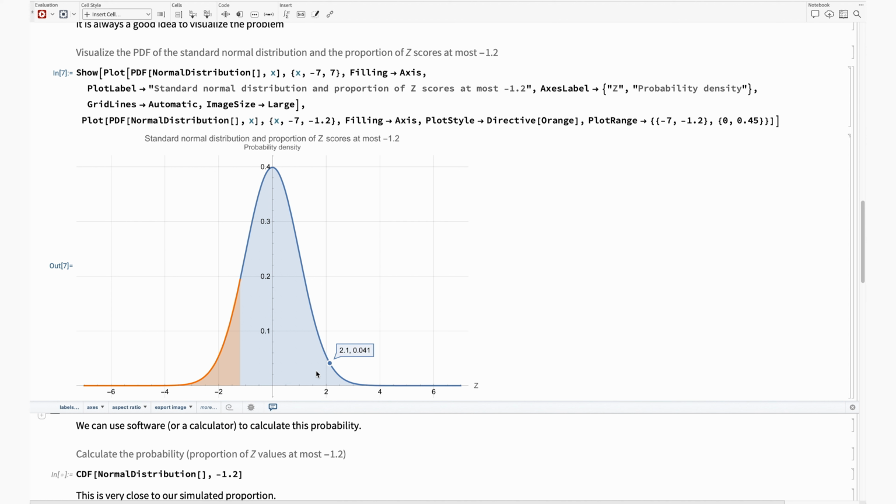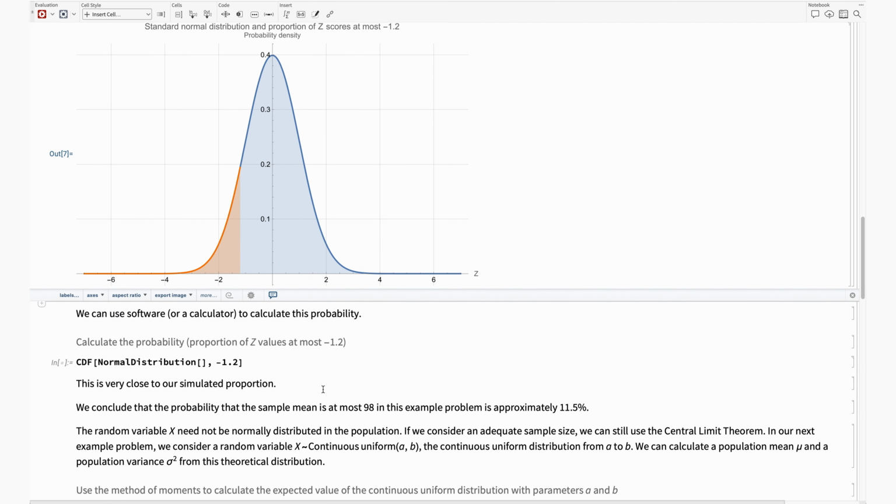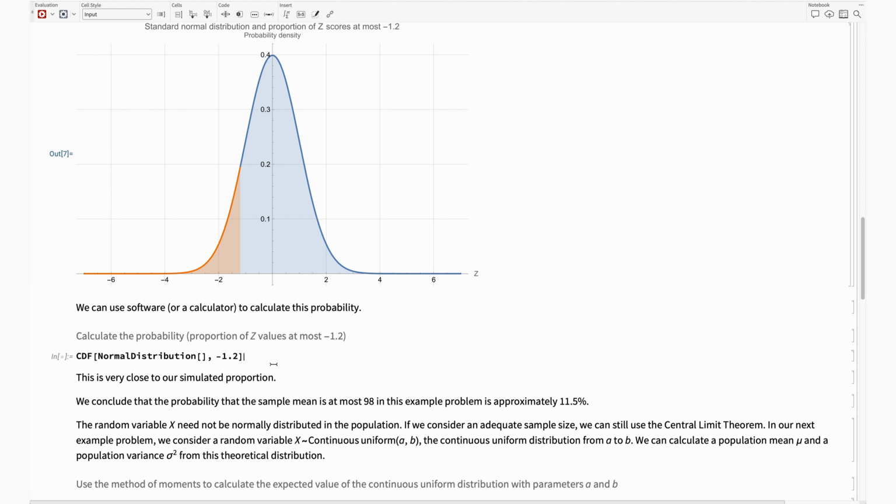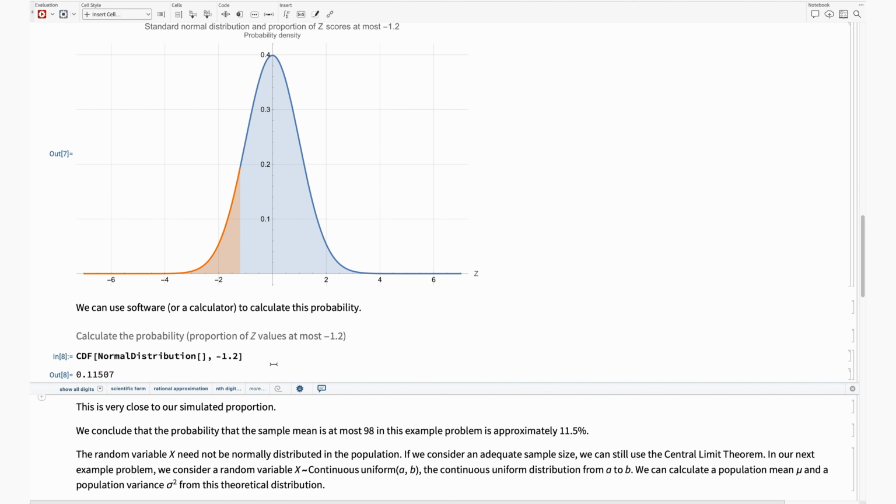The proportion we're looking at is this orange section. So what proportion of 1 is that? Now, that you cannot do with pencil and paper or algebraically. You have to use some software or calculator, so use your method of choice. I'm just going to use some software here, and I'm going to calculate that and look at that from a